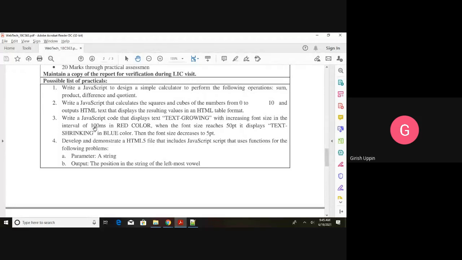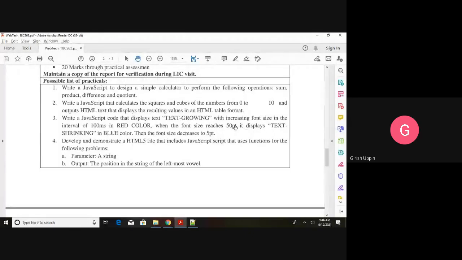Every 100 milliseconds it should grow, and it should be in red color when the font size reaches 50 pt. So it will grow from, let's say, 1 pt. Every 100 milliseconds it will grow to 2 pt, next 100 milliseconds 3 pt, and it will keep on growing until it becomes 50 pt.